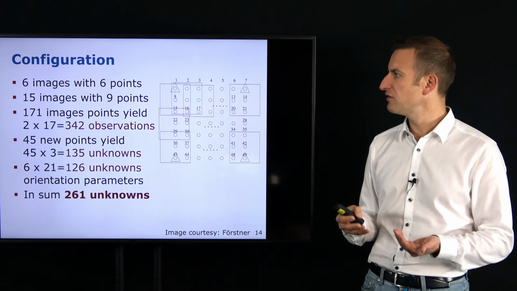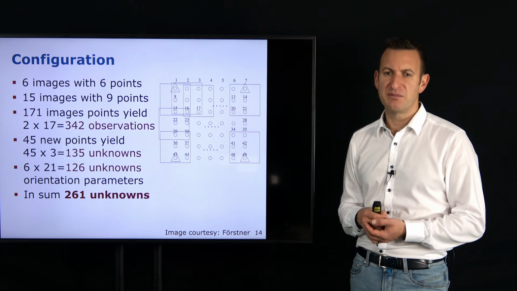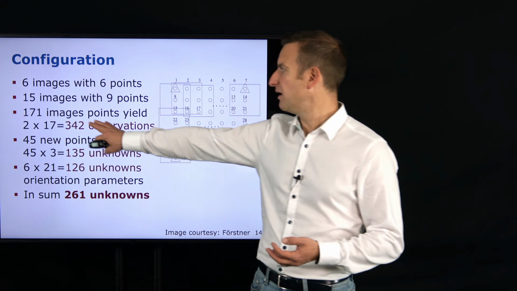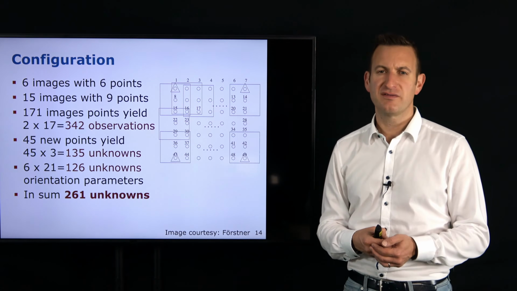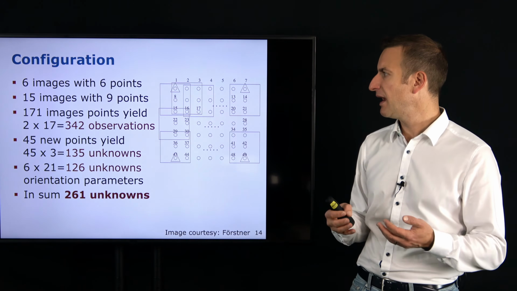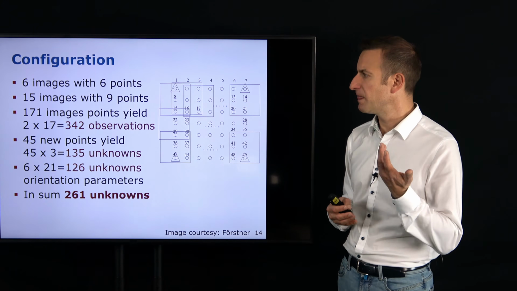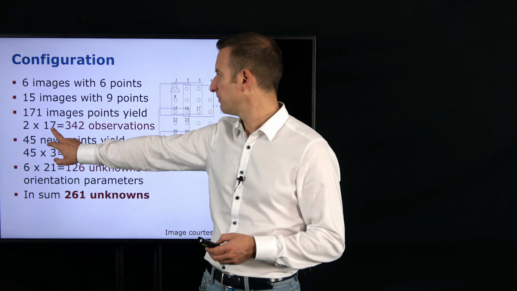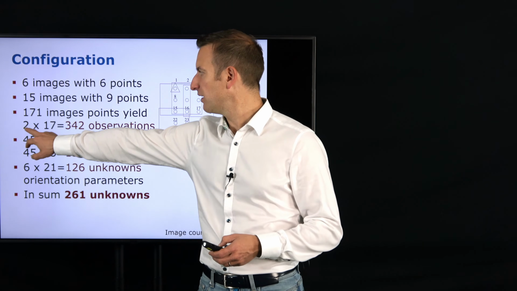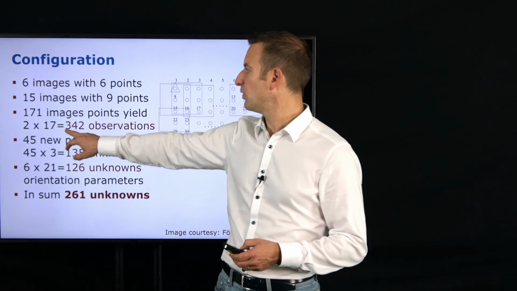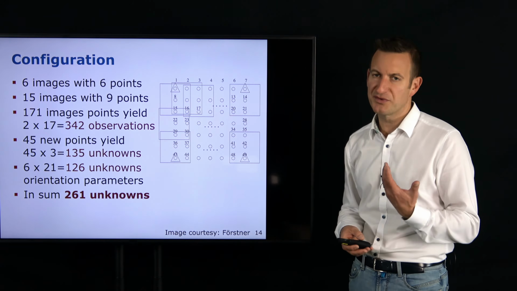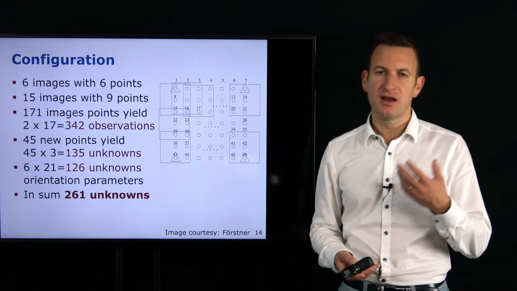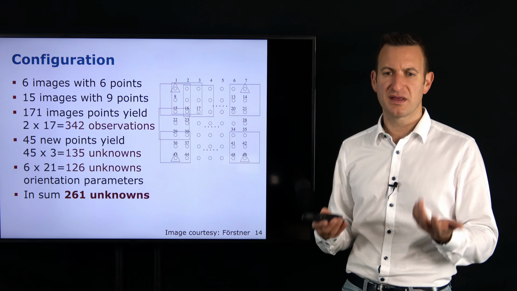So 6 times 6 and 15 times 9 points. That means we have 171 image points, and we have 2 observations per image point. There's a 1 missing, sorry for that, a copy-paste mistake. So 2 times 171 gives me 342 observations, and of which my unknowns are 45 points that are unknown points